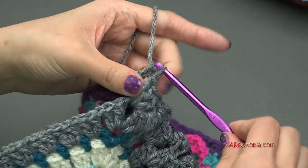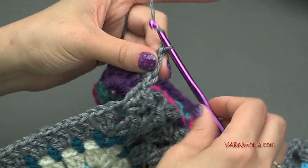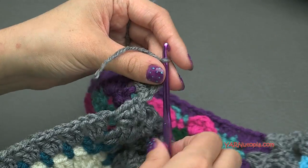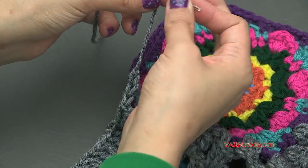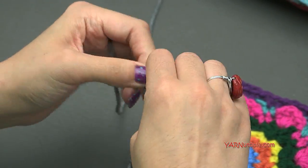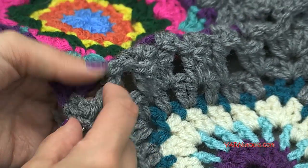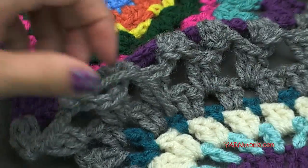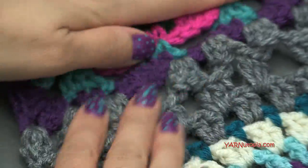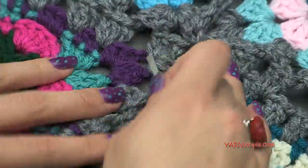Alright, I'm just finishing my very last square here, just like that. Then to fasten off, we're going to chain 1, cut our yarn and pull that through, pull tight, grab our yarn needle wherever that went, there it is, and thread our needle and sew in that end just underneath these stitches. Stretch it out and cut. Okay, so you can see that is all